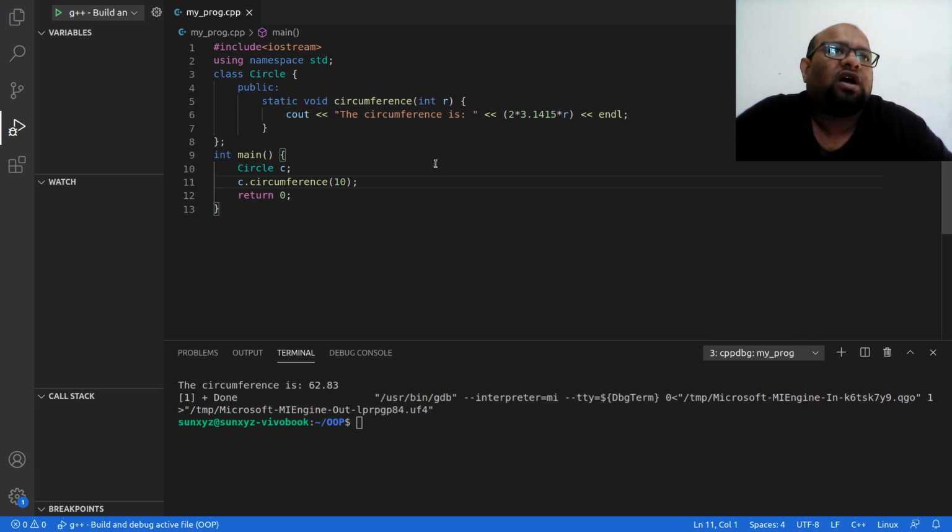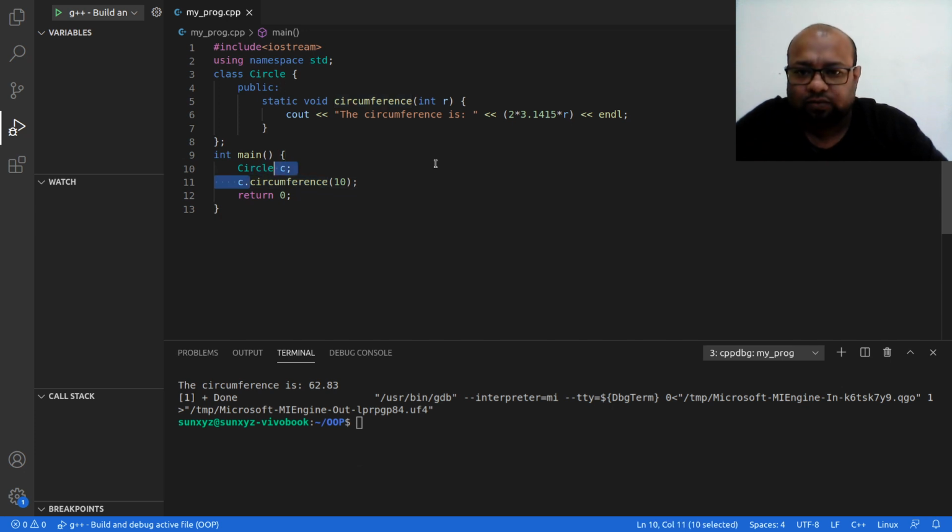Therefore, it would be better if I could call this method without creating an object. And that is the whole point behind making this method static. I can call this method without creating an object, and that is what I am going to do right now.